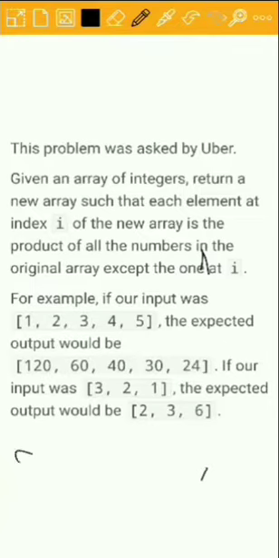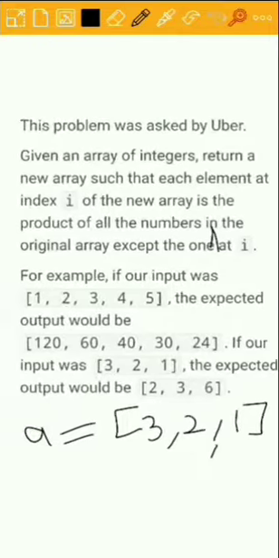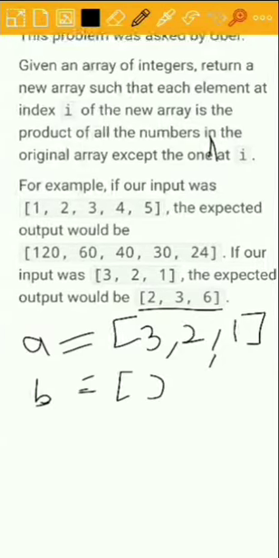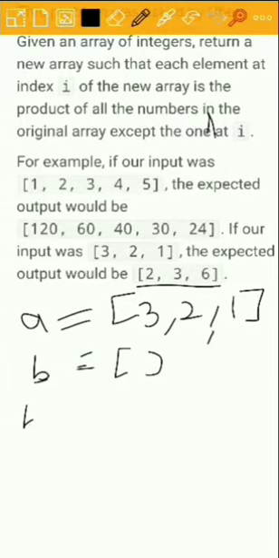Let's understand it. Let's say we have an input list A with values 3, 2, 1, and we have to create a new list. So we are creating an empty list. What we actually have to do is multiplication.